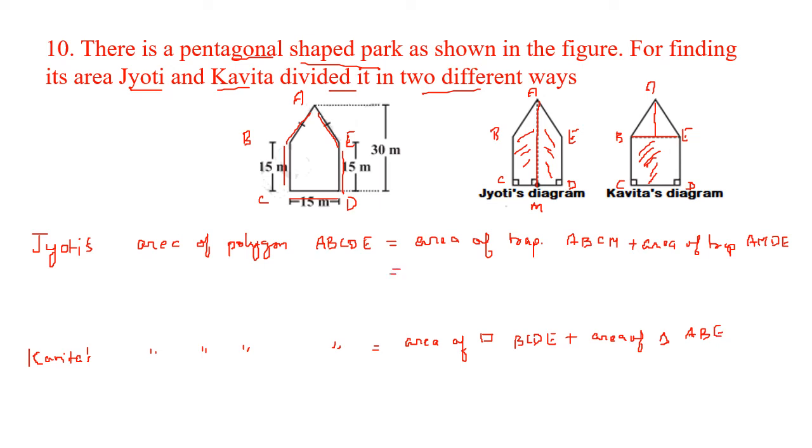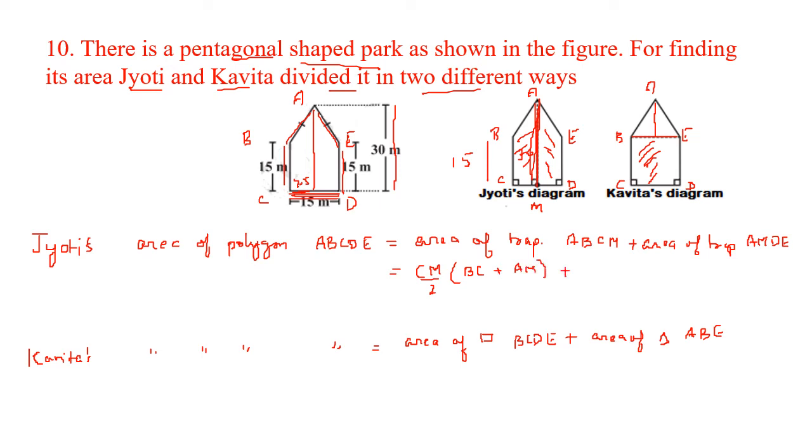Now let us check this area of trapezium. So this side is given, BC is given 15. You can see the diagram, this is 15. The whole height is 30. So AM, this one is 30. Okay? And this side is given 15. And she has cut it into two equal parts. So this part is 7.5. So the altitude is 7.5. So we can write it CM upon 2, altitude, into sum of parallel sides BC plus AM.